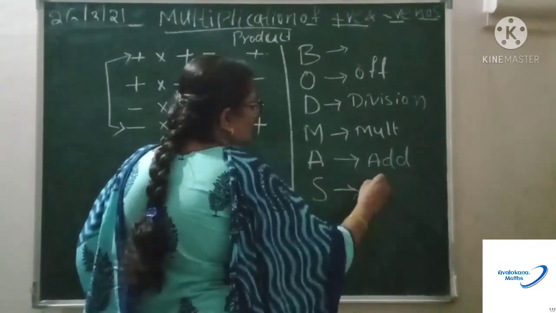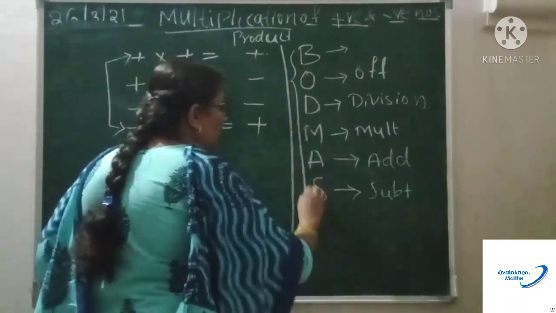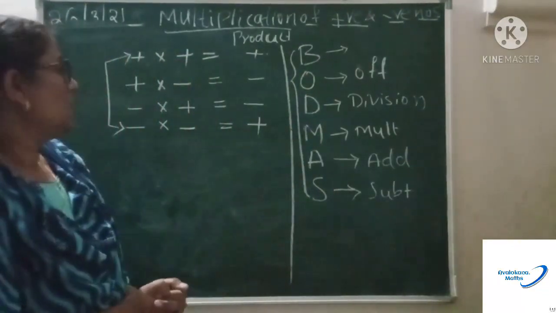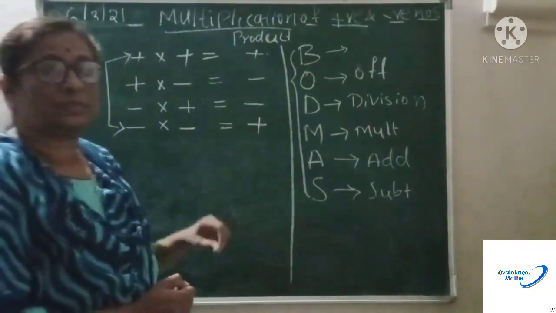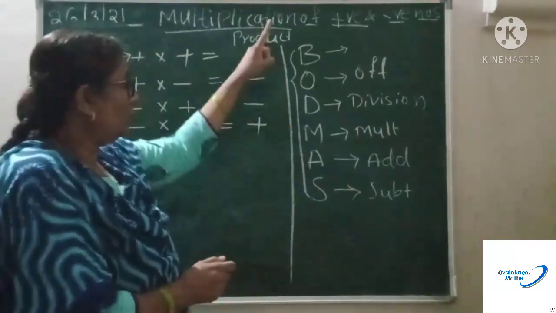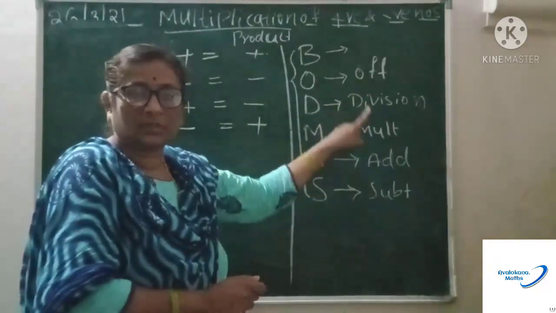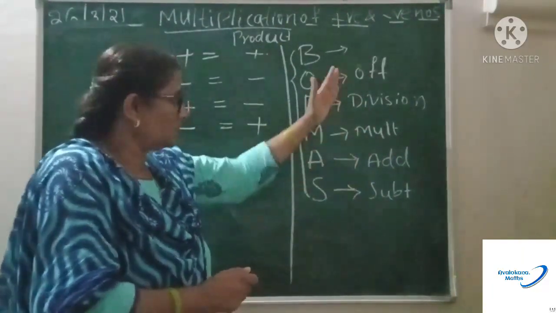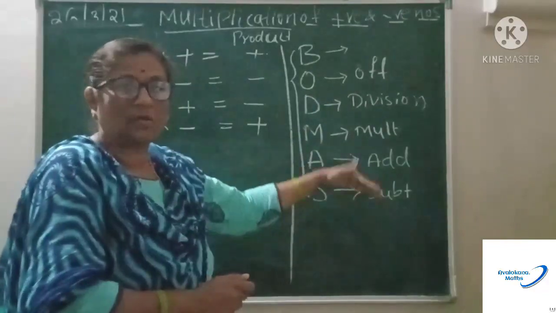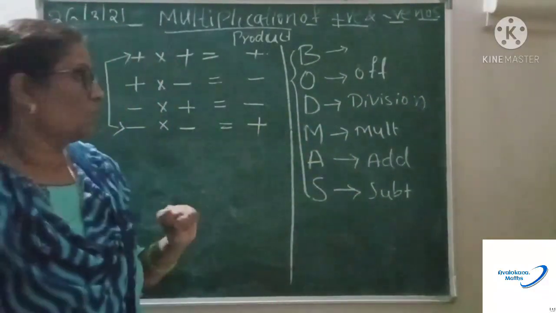Then lastly Subtraction. BODMAS is very important for your higher classes and for competitive exams, especially if you want to score 100 out of 100 in mathematics. So if you have a combination of these operations, that is division, multiplication, addition, subtraction, among these, if we have a combination of any two or three, it is better to follow this. What is this?